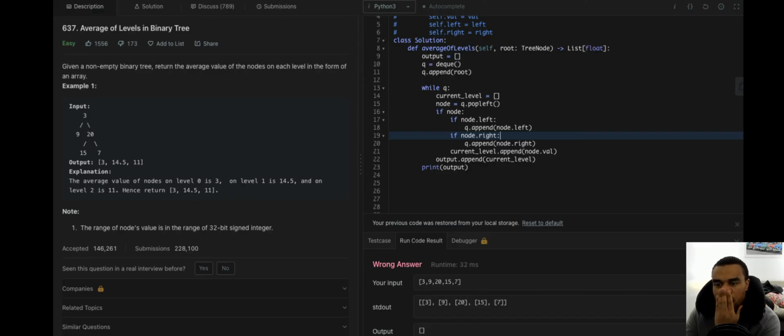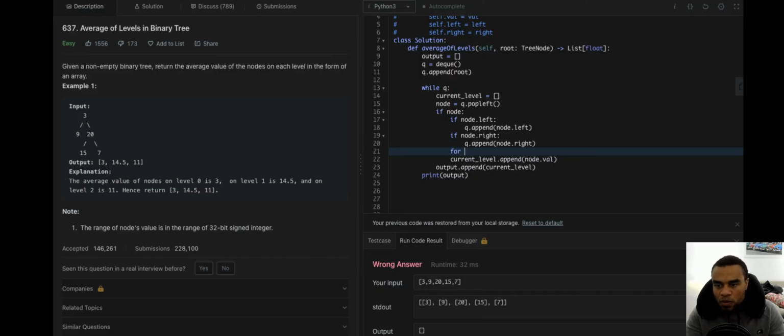But see, the current level dot append node dot val, that's just doing it each time. We want to say, oh right, if we have this appended, then it would for loop through the current level.